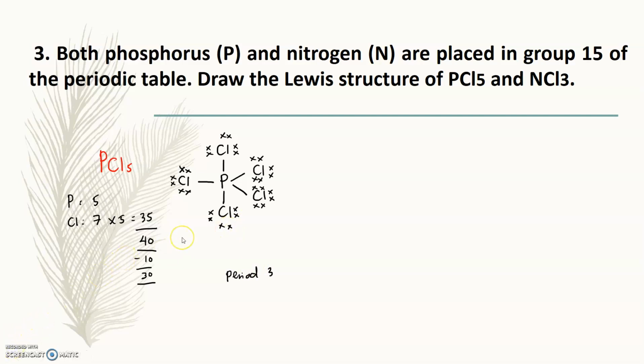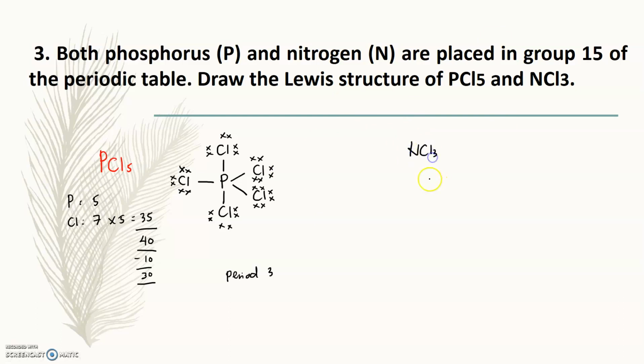Okay, more than 8 valence electrons for phosphorus, because it can use its empty d orbital to accommodate additional electrons. Okay, this one you can refer to notes. Okay, so for